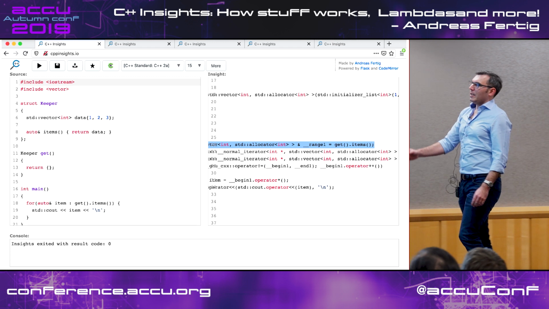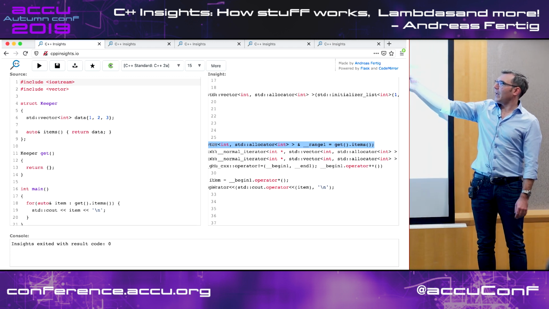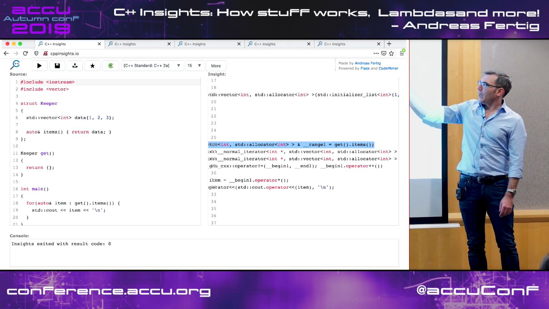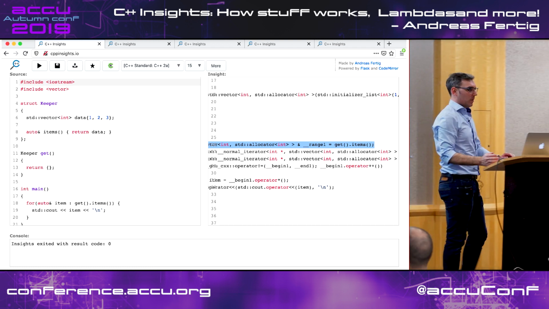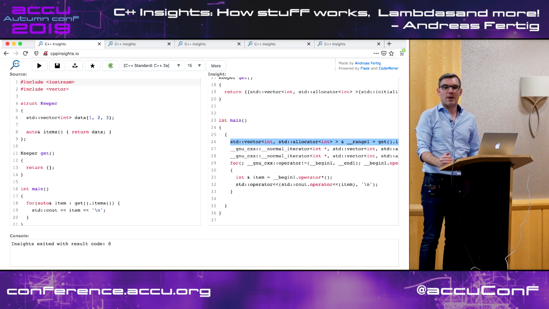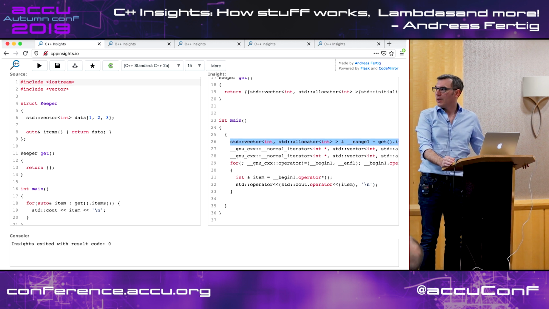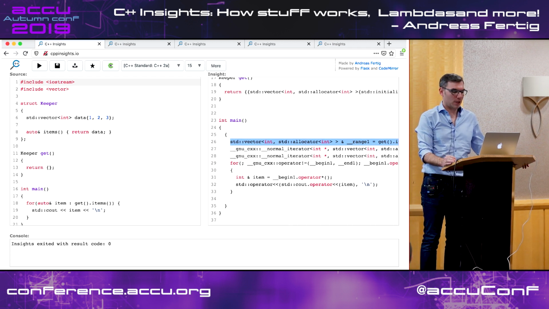And as we can see, here is my call to get dot items. And the return of this thing is assigned to the range variable. And this is a reference, and it's not a const reference. And even if it would be, it wouldn't change that much. So effectively, the moment I'm trying to access the elements of items, I'm looking at a dangling reference. They are gone already. So whatever answer you would give me before, UB is the most correct one.